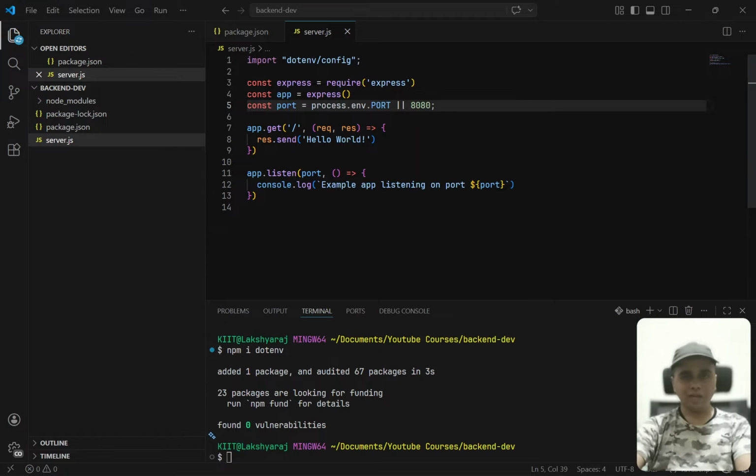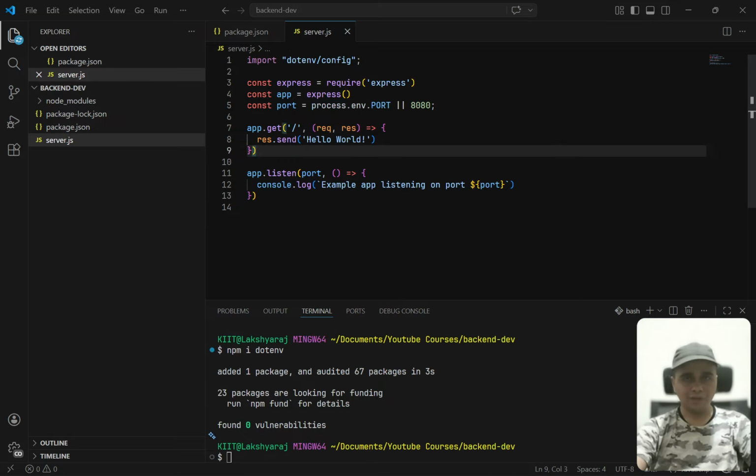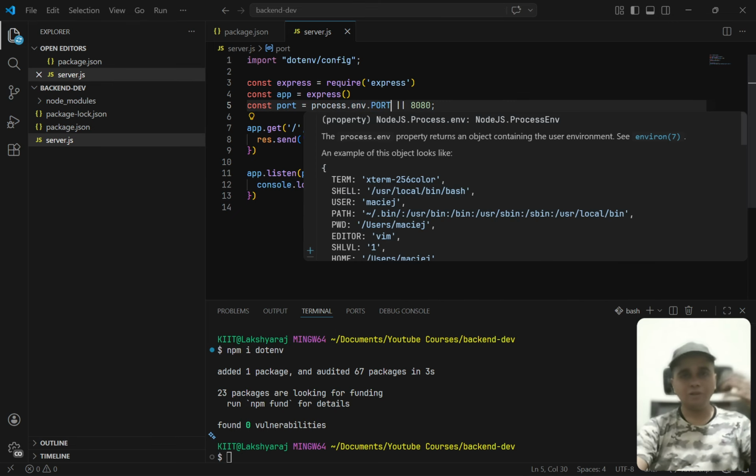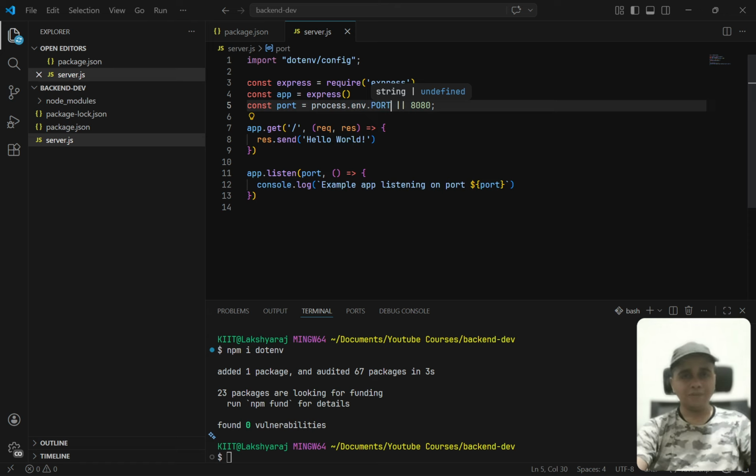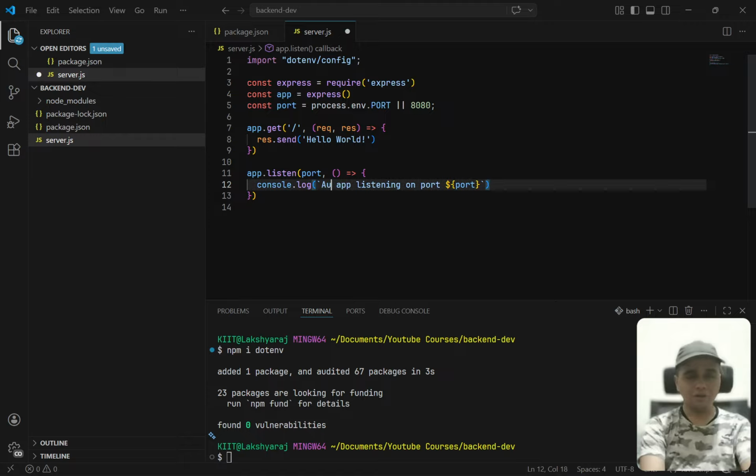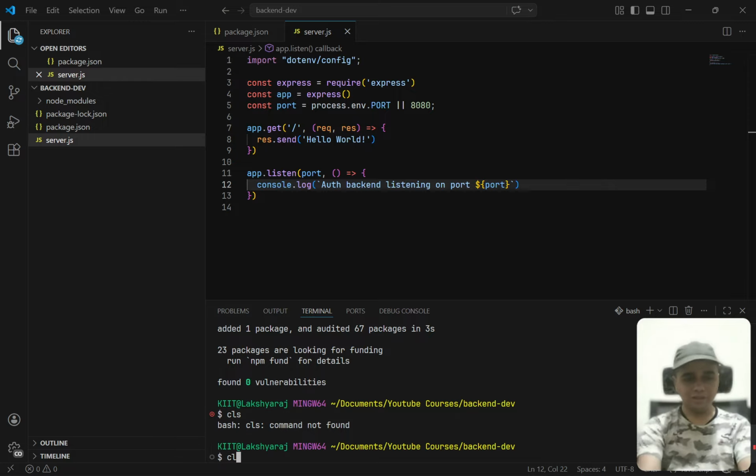Let me tell you why I have used this instead of hard coding 8080, because port 8080 is blocked on some systems like macOS or Linux. Some processors by default use it as a system port. So why did I provide this? Whenever we deploy, mostly we deploy on Linux or Ubuntu servers, and they will automatically assign the port number from their environment variables. And here I will write auth backend listening on port this, and I'll clear my console,